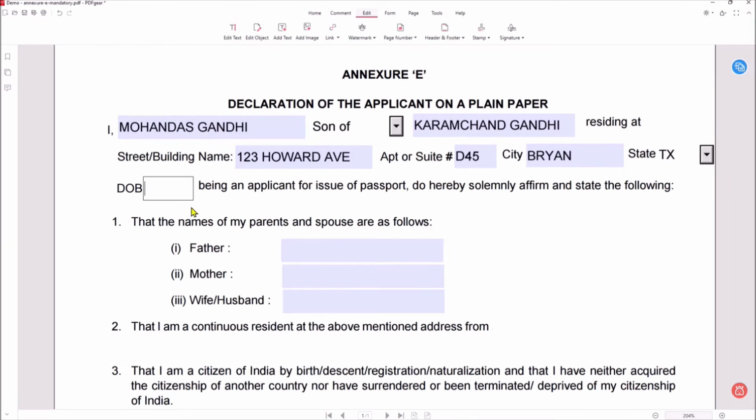Okay, with regards to the date of birth, the question that was asked is, this is January 5, 1992, right? Now, when someone prints this particular form, it is okay. Right now, I think there was an issue with Annexure E before, and now there is no issue with Annexure E. You are able to see all the letters, all the characters over here, but let us try with a different date. So let me select the option of